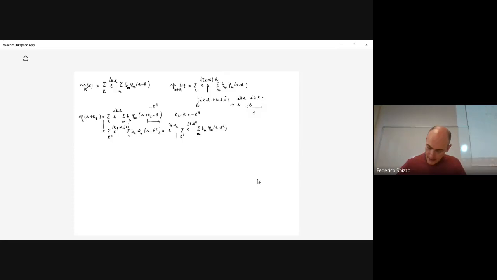So this is equal to the initial trial wave function. The only effect of the translation is the appearance of the phase in front of the wave function. So that is what we expected from the Bloch wave function. So after making these two checks, we know that the structure for the wave function is fine